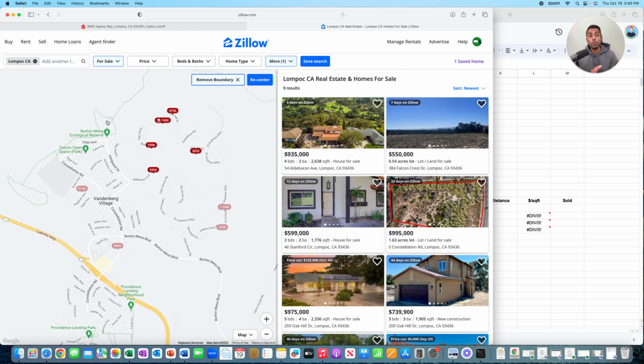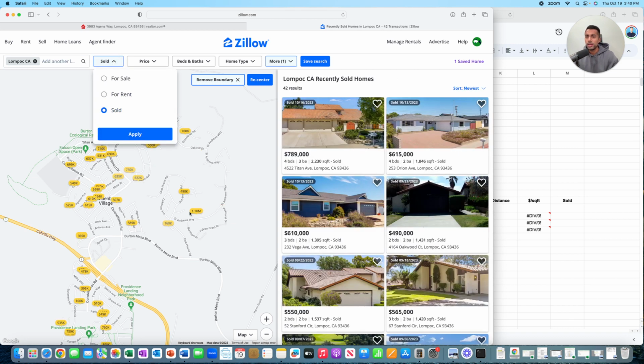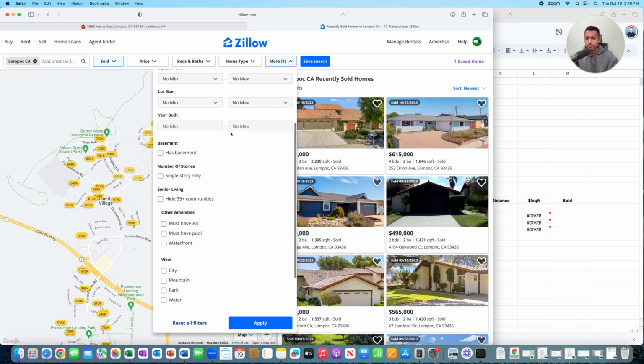So how do we find sold properties? What we do is we're in Lompoc, we're in the city. We're going to click on sold, and it's going to come up with all of these things, right? The next thing I want you to do is for comps, the closer, like it's October right now. So the closer to October sales have happened with properties is the most accurate version of ARV you're going to get. So what I like to do is go into the more column, and it looks like it might already be,